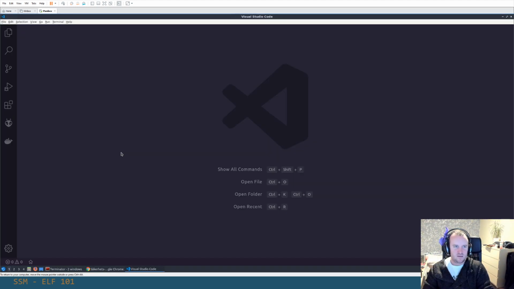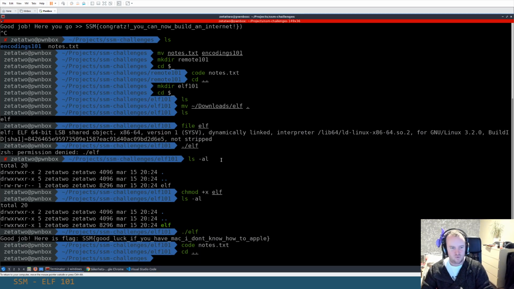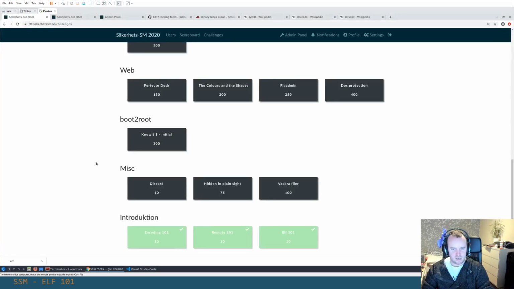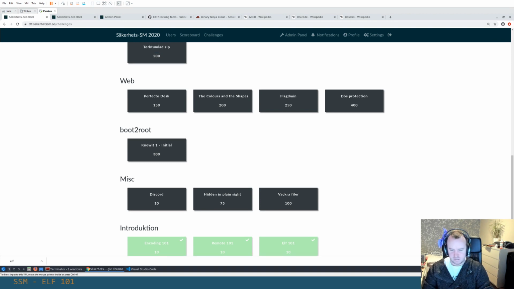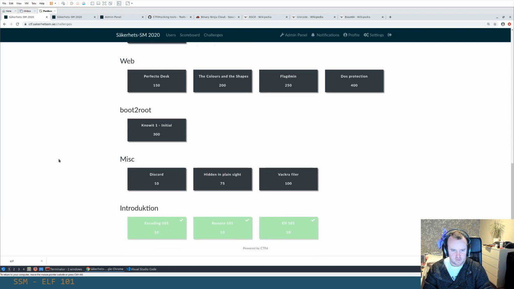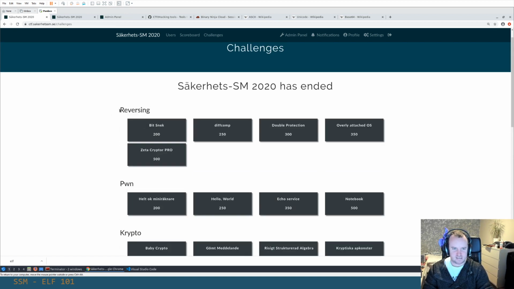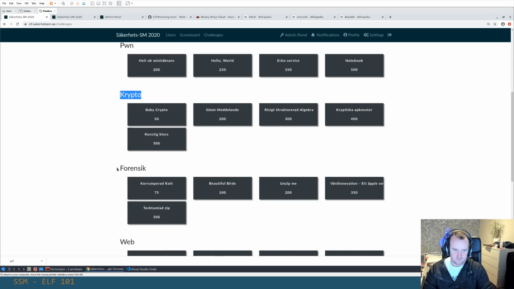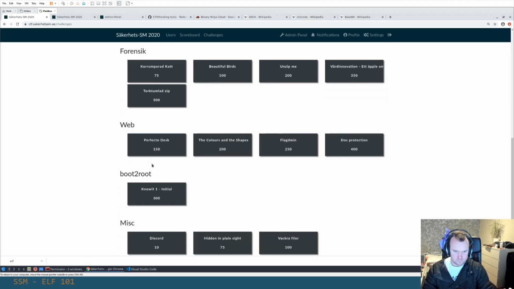So we managed to make it through the intro challenges. So let's go through the actual challenges. Someone suggested that we start with the miscellaneous challenges. So yeah, let's go with that. There are a few of them and not too difficult. This category is things that don't fit in the usual categories that you find in a CTF challenge. And what are the usual categories? Well, if you play CTF challenges, you will know, but typically it is reverse engineering, pwnables, cryptography, forensics, web, and